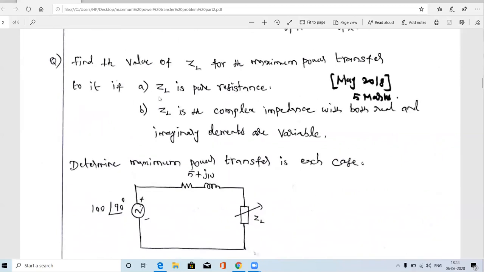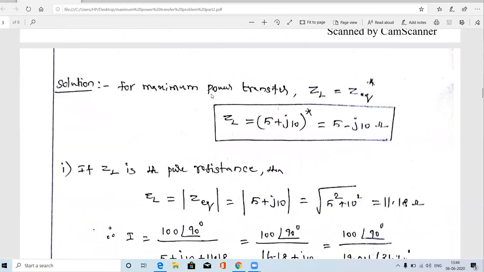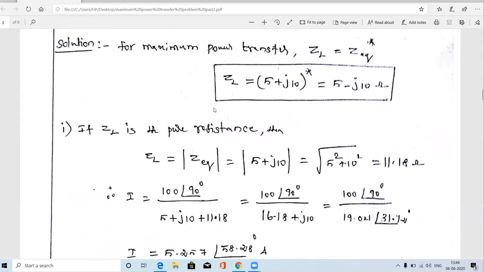The first condition is that ZL is pure resistance. The second one is that ZL is a complex impedance. So the first one is if ZL is pure resistance. This is the exact condition for the maximum power transfer theorem. For the first condition, according to the first question, if ZL is a pure resistance,